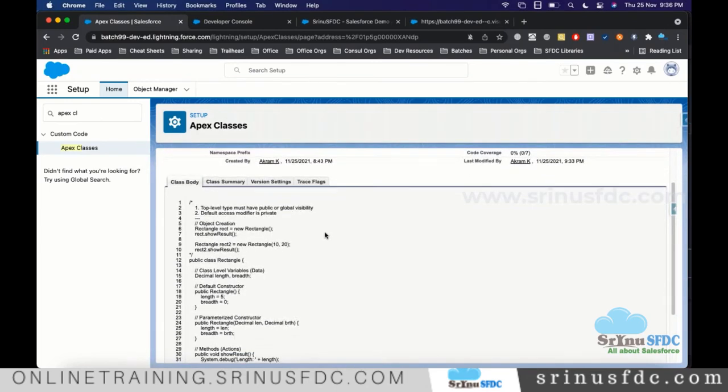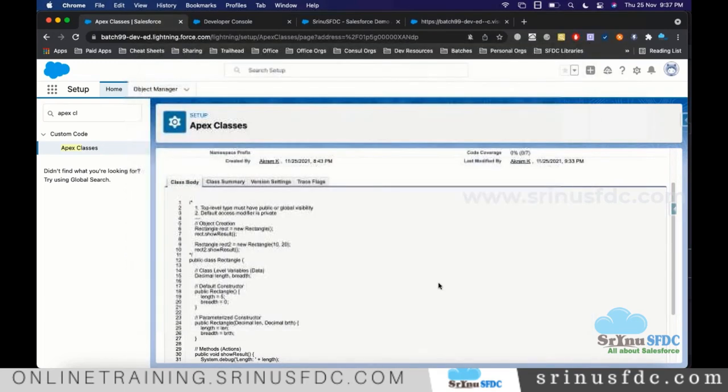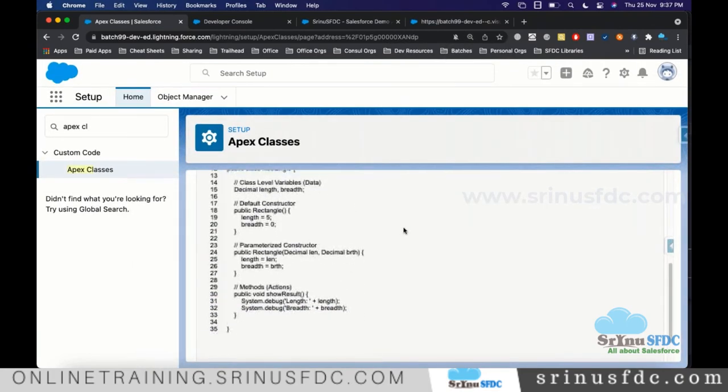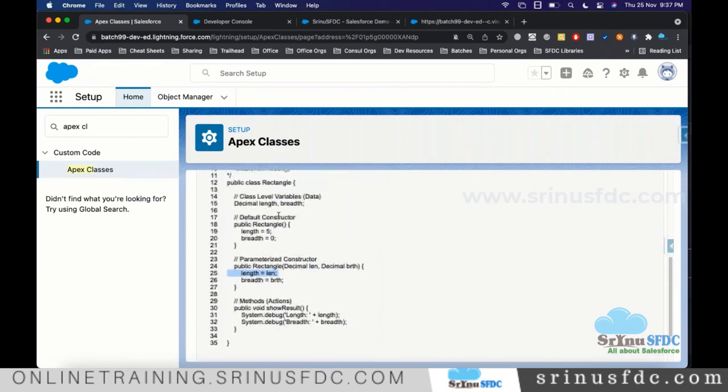Here, you have assigned length equal to len in the second constructor. So this len parameter, the variable that we are defining in the constructor, and length is the class level variable. Whenever we define any parameters in the constructor, how will the assignment work, left to right or right to left? Because here len is there. So are we assigning len to length, or length to len? I always get confused in programming languages.